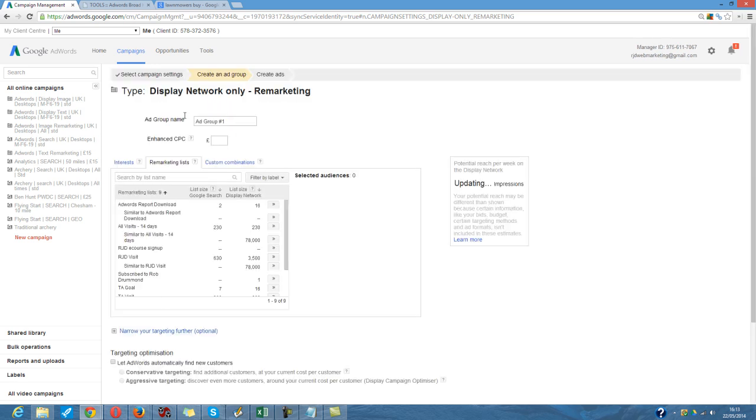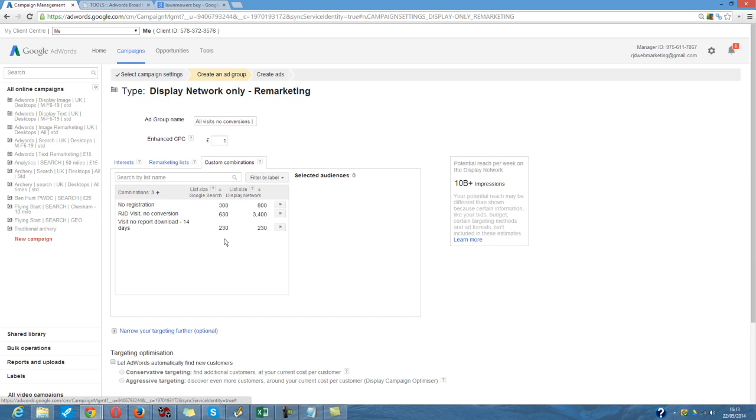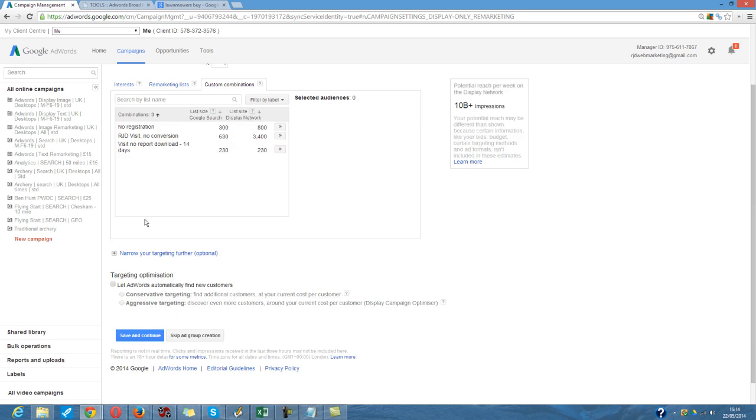And then in the ad group, the ad group will be your targeting criteria, so all visits, no conversions, 7 days. Set a bid. The bid will generally need to be higher than your other display network campaigns if you're running them, so you'll generally set a bid that's more approximate to your search network bids. Select the targeting criteria that you want. So we created a custom combination. I've gone into a different account now, but it would be listed here. And that's how you go about doing that, basically. If I add that in,